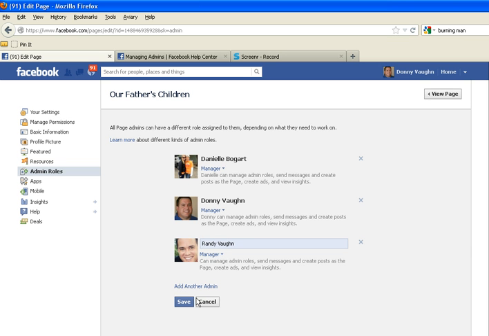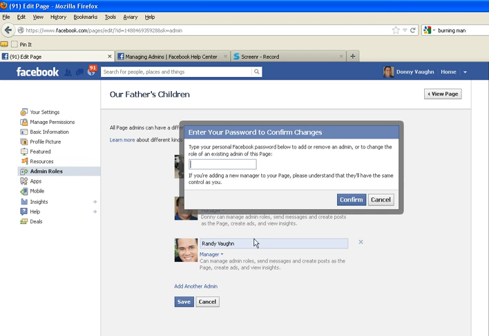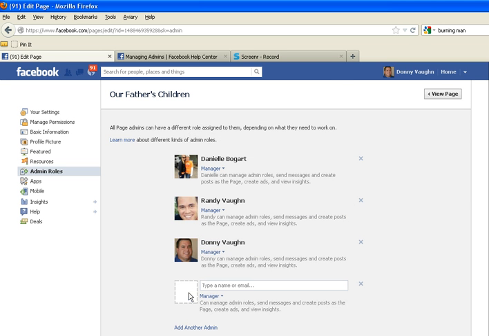Now, if I go and save this, this is where it gets confusing for a lot of people. They say, well, I don't know the password to the page. The password is your personal Facebook password. So I'm going to type in the same password that Donnie Vaughn as a personal user uses to log in. If I ever log out, that's what I use to log back in. I put that password in, I hit confirm, and now you can see that there are 3 different managers, and that is as simple as it is to add an admin to a